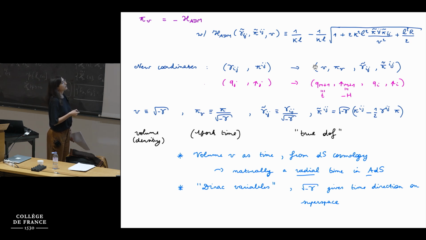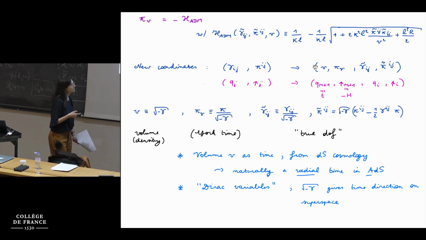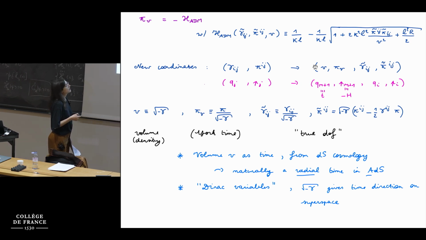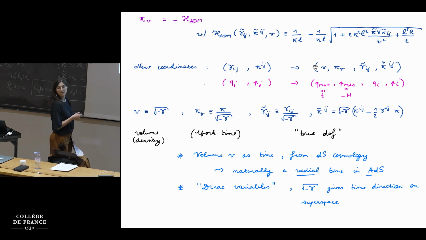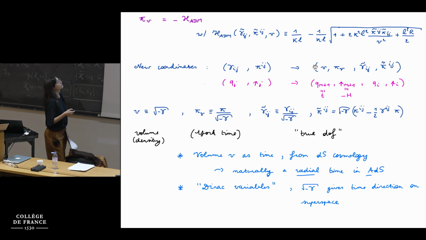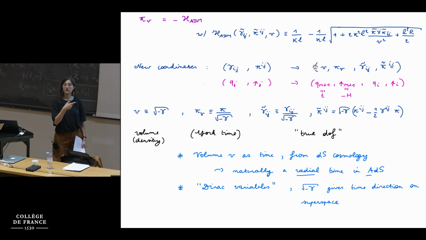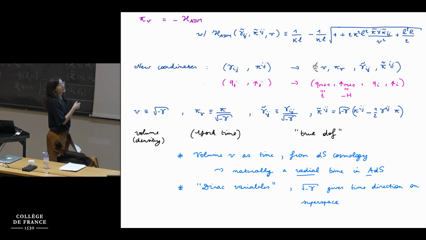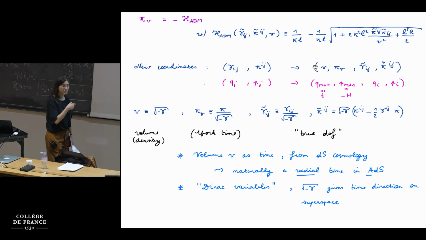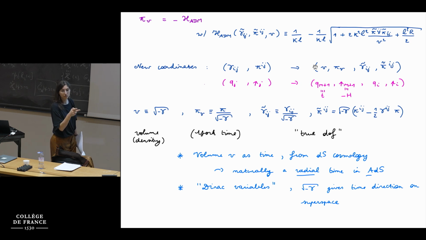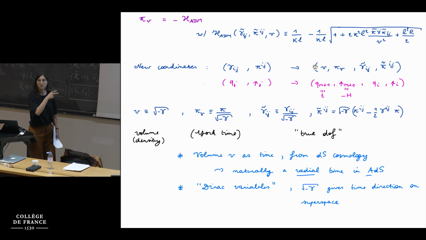And then we have the gamma tilde and pi tilde, which we recognize as true degrees of freedom in this procedure. These are objects that have the properties that this tilde metric has a determinant equal to 1, and this tilde momentum has trace 0. So those are the properties of these objects. But the main point is that we've recognized this volume V as the preferred time. But okay, I'm using time, but we're doing a radial slicing. So V is the preferred radial time.